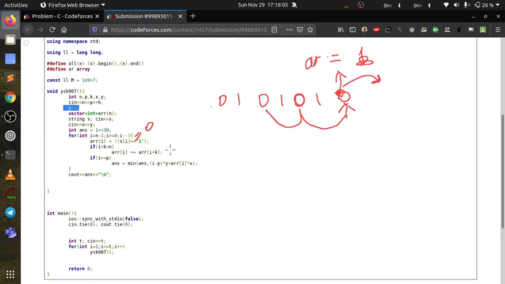So I am adding, and I have put in this constant for the limit that it should not be greater than n. Suppose I am at position n minus 1, and I take n minus 1 plus k, then it will be out of bound. So there may be a segmentation fault. Okay, that's it.